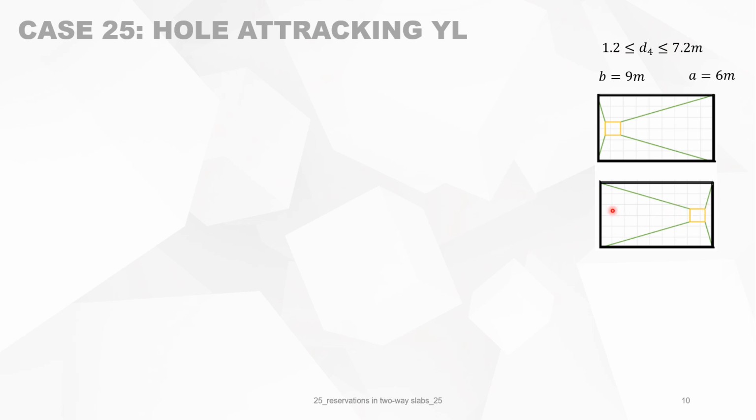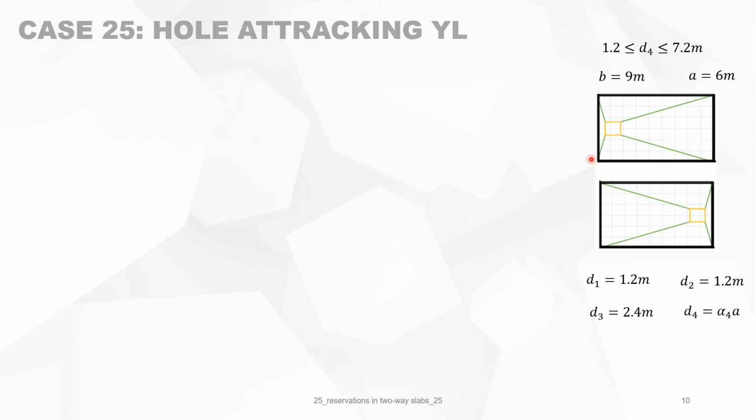So this is a type of reservation that we are going to study just as an example to see what is the influence on the position. What is the influence of the position of the reservation on the bearing capacity of the slab? The reservation itself is 1.2 by 1.2 meter. So because this is in the middle of the slab, that means that D3 is 2.4 and D4 here,